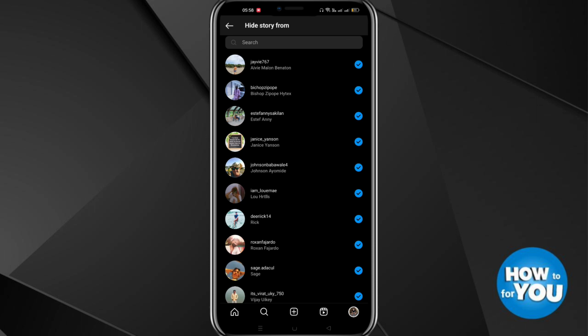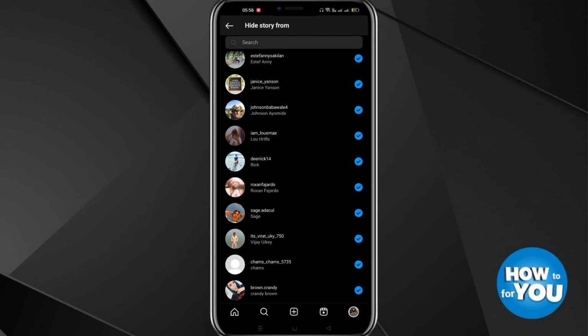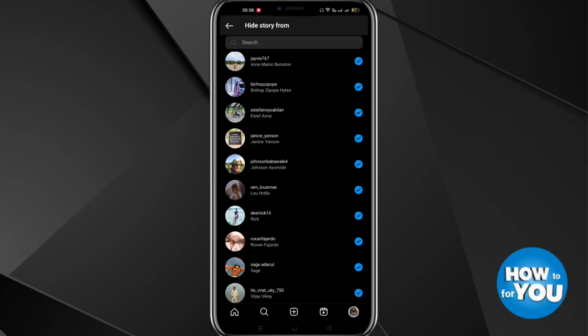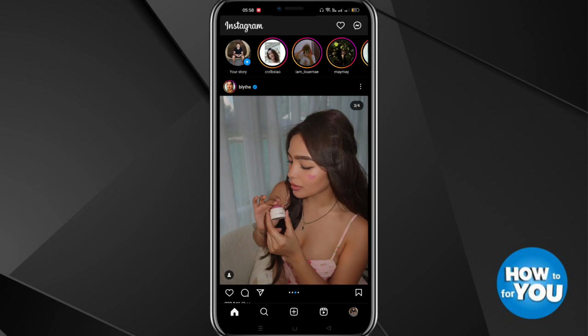you must put a check mark on the right side of the friends, so all your friends, so that there's no friends that can see your stories that are being posted. So you need to manually put a check mark on the right side because there's no options to select all your friends. So after hiding your story to all your friends on Instagram, go back to home and post a